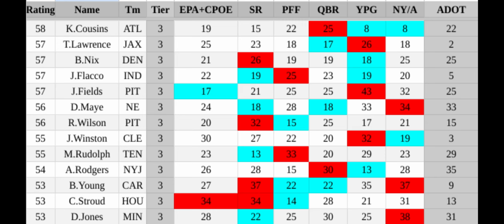Mason Rudolph. He is really efficient in the sense that he just continually does what he needs to move the sticks. That 13th success rate shows that. But he's just not moving the ball all that well. He had that 29th average depth of target, 23rd in EPA plus CPOE.